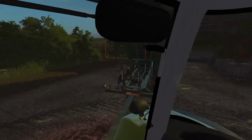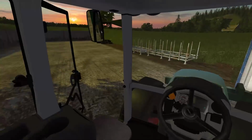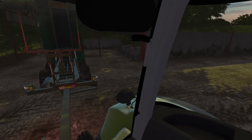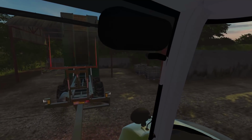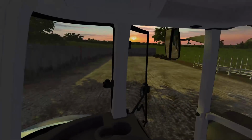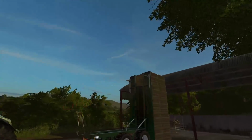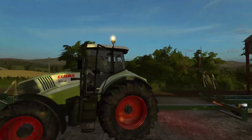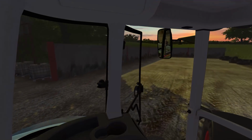Okay, so let's see if we can just get a little bit more square on here. And there we go. I'll have to just push this back, and if we can't get it under, like I say, then that'll be that. But let's have one more quick look, see how we're doing. Ooh. No. Okay. Well, with that in mind, we'll move this forward again a little bit. And what I think we shall do...